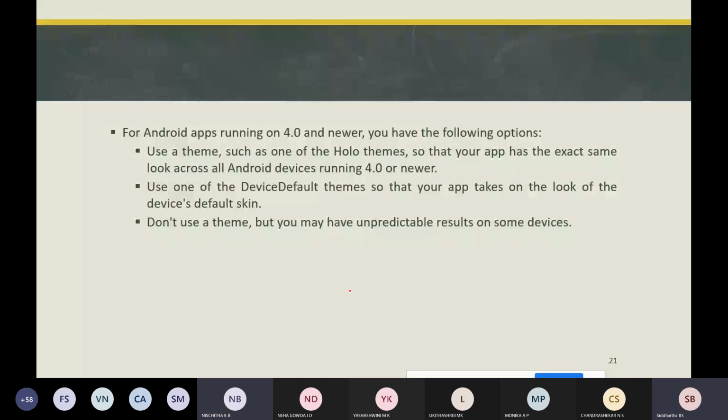So why do you use a theme or a background color properly? The appearance of the button you have created, whether it is the background color or a font, may vary from one device to another device. Okay, because devices are manufactured by different manufacturers.